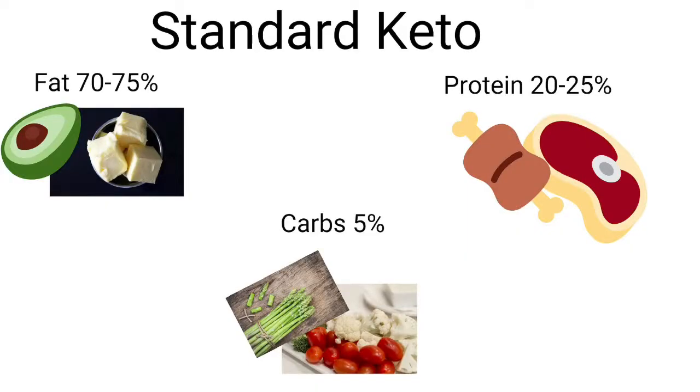The standard version focuses on hitting your macros and limiting your net carbs to 20 to 25 grams per day. Standard keto is very popular because of the results individuals see with this type of lifestyle. Now, it's important for somebody that's following the keto diet to meet their proper macros or macronutrients. That consists of fats at 70 to 75%, proteins at 20 to 25%, and carbs at 5%. Now, if you need to calculate what your macros are, I'll pop a link in the description to the keto